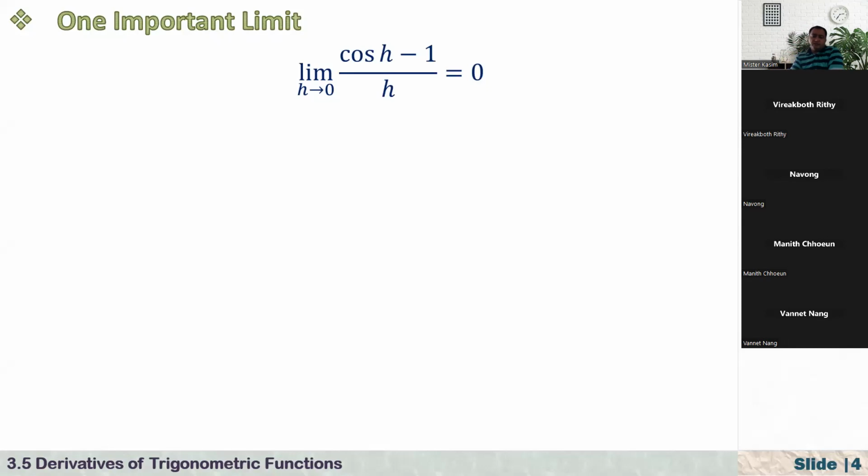But before I start this, you have already done this, I'm sure, because in the book this limit appears, but one more time, I would like to